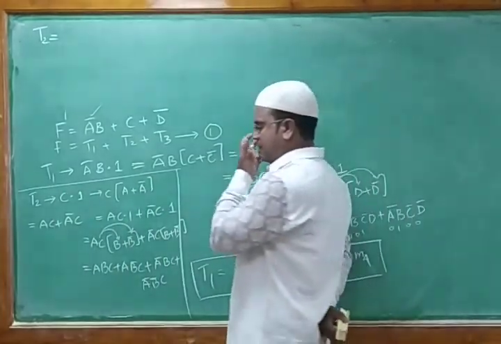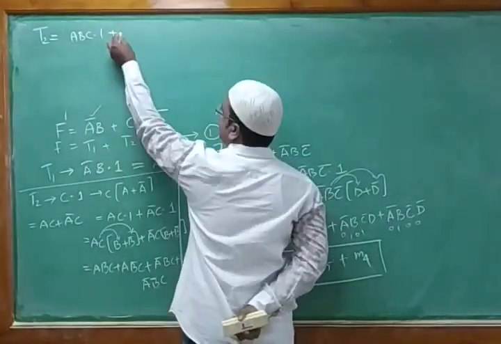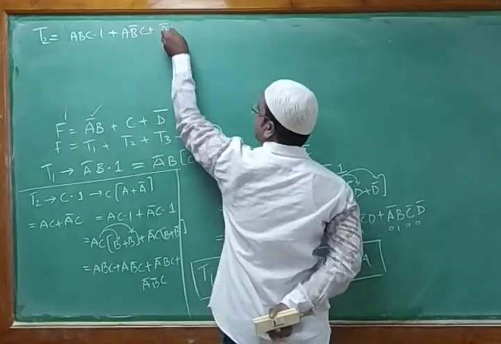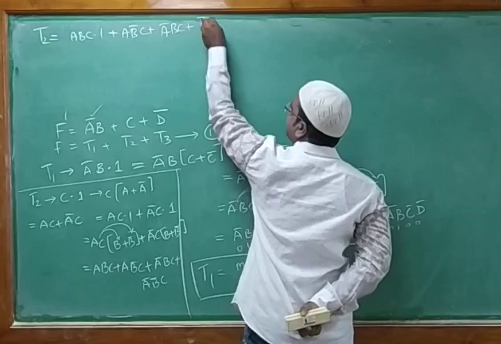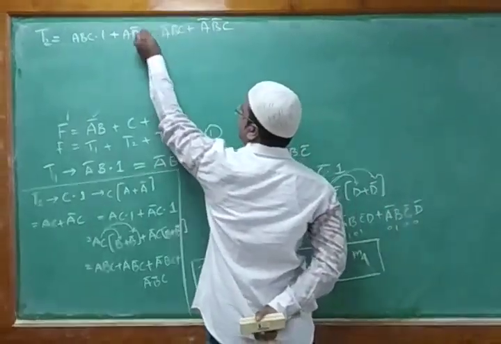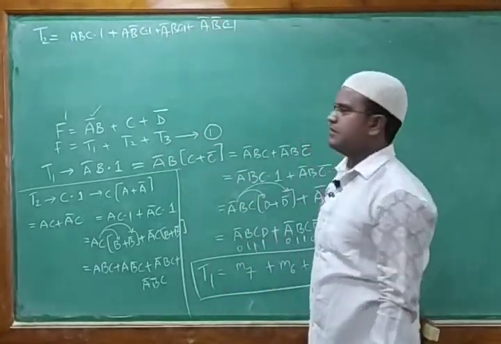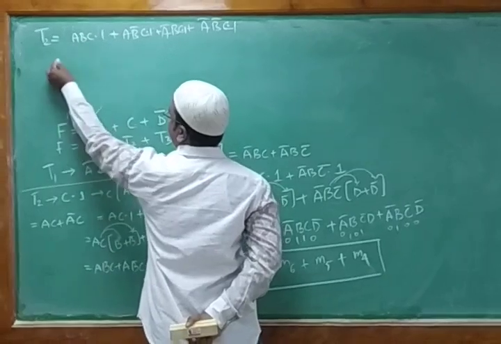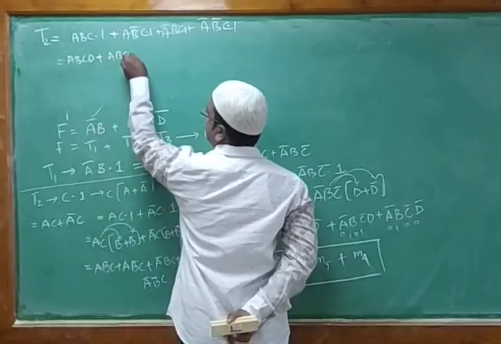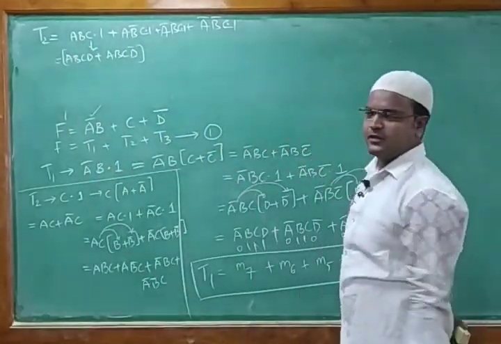So we had this term 2. So we had ABC into 1 plus A B complement C plus A complement BC plus A complement B complement C. So everywhere I'm multiplying with 1. Here also with 1, here also with 1, here also with 1, so I'm writing D plus D bar. So what can I write for this? Directly I'm writing here ABCD plus ABCD bar. So this is your first term that is modified in this way, with D plus D bar.